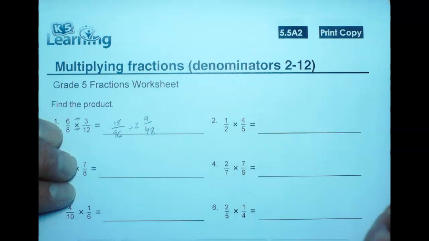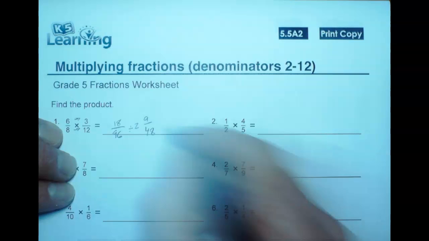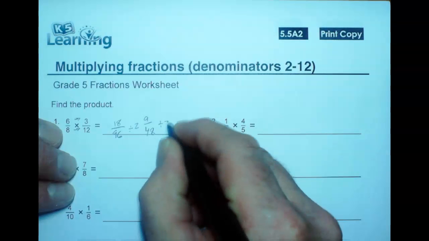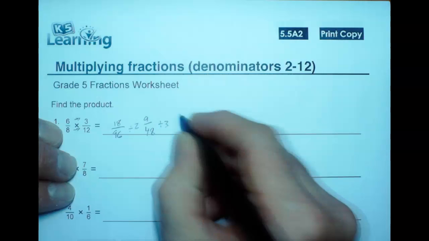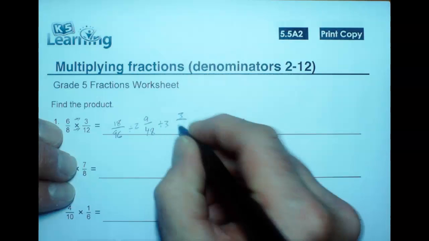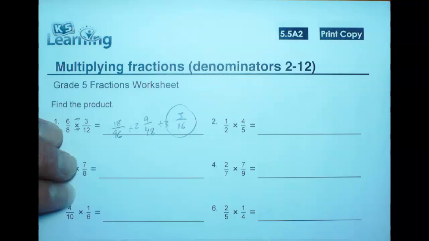And then, well, you can't divide them by 2, but you could divide them by 3. 9 divided by 3 is 3. 48 divided by 3 is 16. So you could get that down to 3/16 because you have to express your answer in simplest form. Or